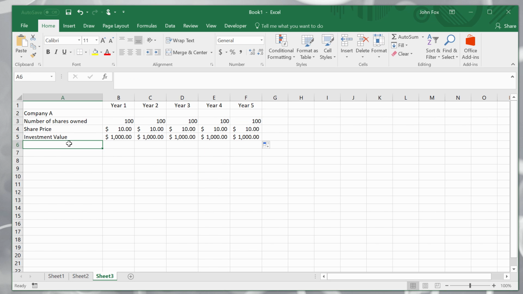So that's good. Now let's talk about the dividend. Dividend payout per share. We are told that it's 50 cents, and as a dollar that's 0.5, and year 2 is also 0.5, and I can drag this out and also turn that into a currency. Okay, so to calculate how much income I receive from dividends,